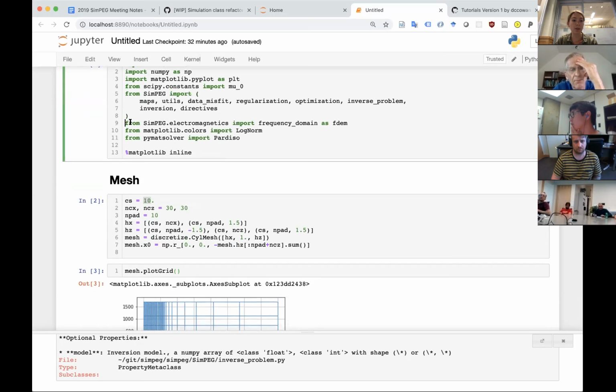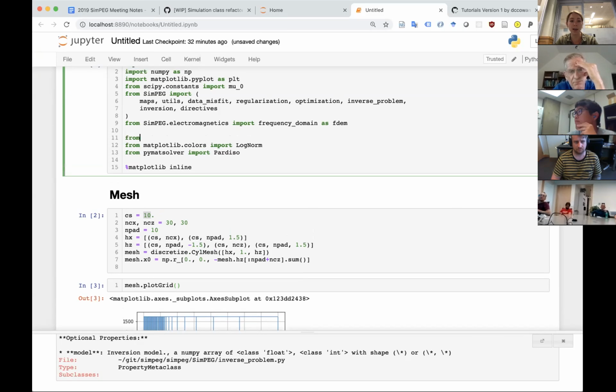Then here, if you look at module names for the physics, now instead of using shorthand and all caps, we're spelling it out. So in this case, what I've done is from SimPEG electromagnetics, import frequency domain as FDEM. I would do the same thing for importing DC, for example. Right now, it's under